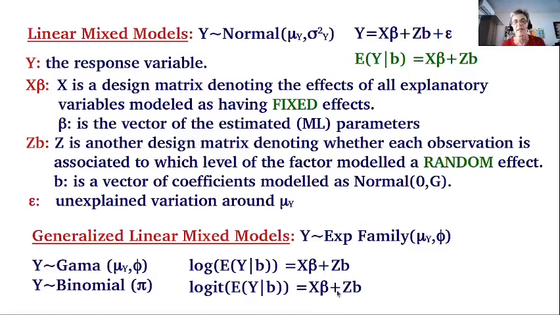All this will be clear when we solve examples in the coming videos of this series. So what I'm saying here is that G is, generically speaking, the link function. So the composition of the fixed effects and the random effects takes place on the scale of the link function for the generalized linear mixed models.